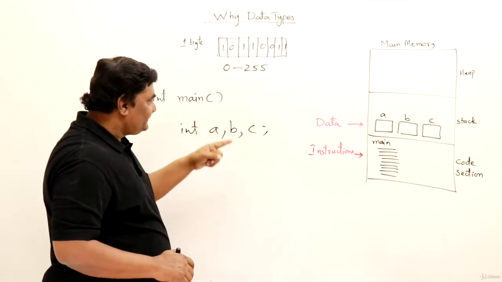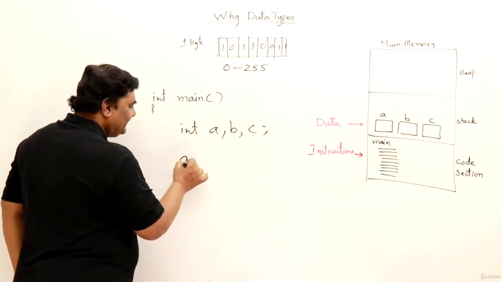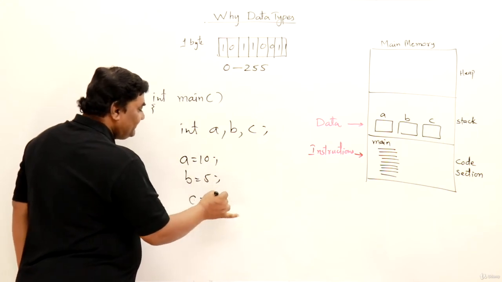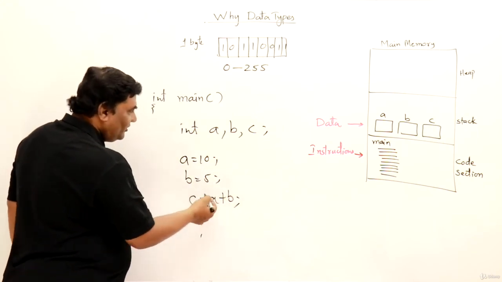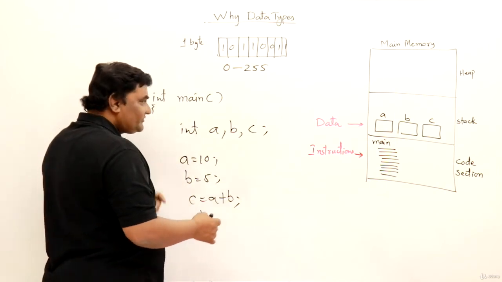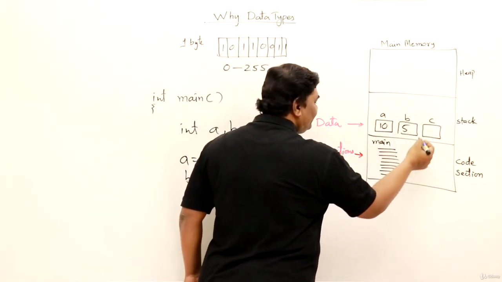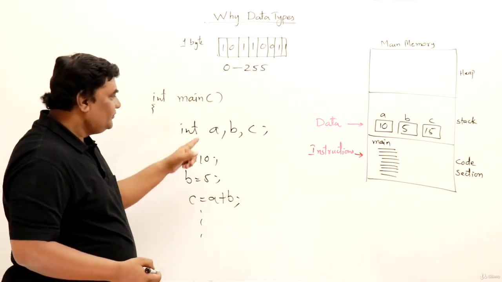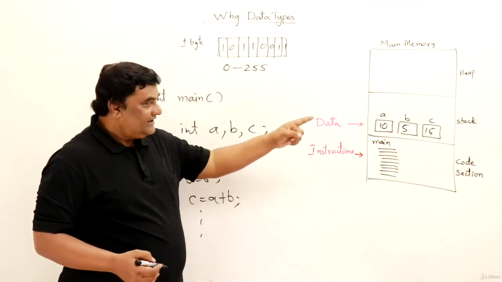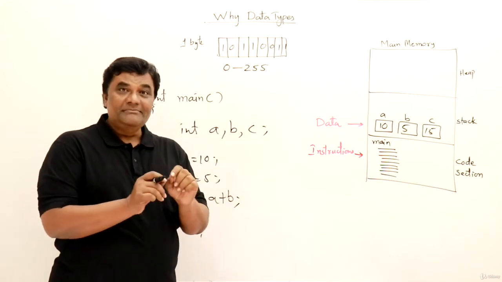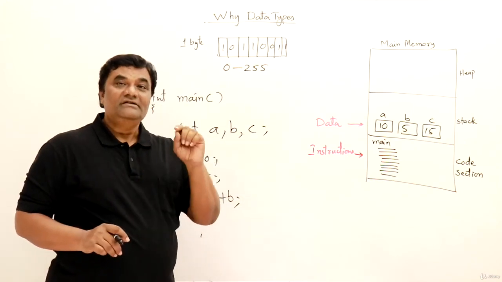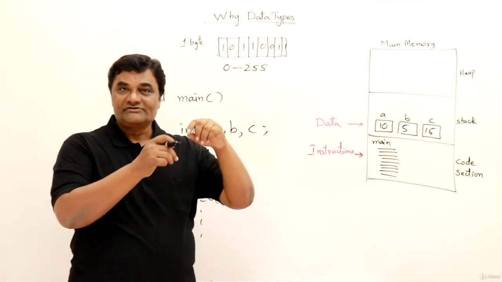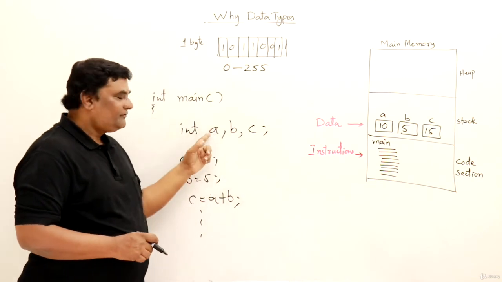And then we will use these variable names in our programs, like saying A assign 10 or B assign 5, then C assign A plus B. We do it like this. We perform the operation and store the data. So 10 is stored in this one and 5 is stored in this one and the result is stored in this one. So that's how in our programs we use the names of the variables that are stored in the memory. We don't use the memory addresses, but we use the names. So that is the concept of a variable. A variable is used for storing data.